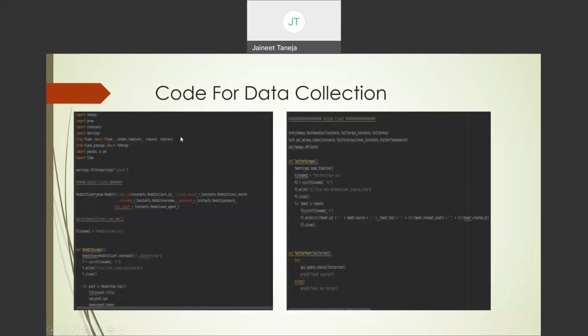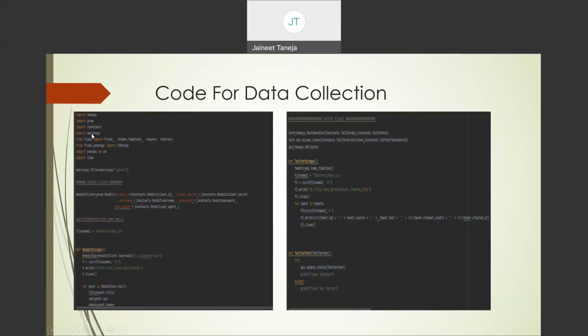The code for data collection. I have imported the Tweepy library for the Twitter handling, like scraping the posts, tweets, and updating in real time. Import PRAW. The PRAW library is for Reddit. This will help us in creating, posting, or deleting in the Reddit account. I have imported constants. Constants is a configuration that I have created. That is the API configurations, and it uses the secret token, and it will help us in creating the links with the Twitter account and the Reddit account. It is on the next page.